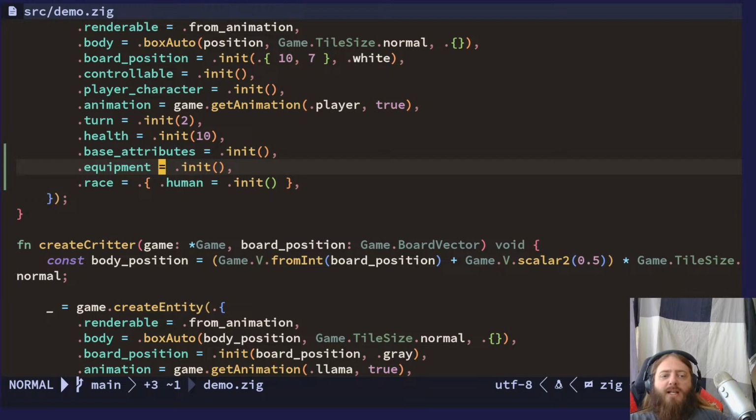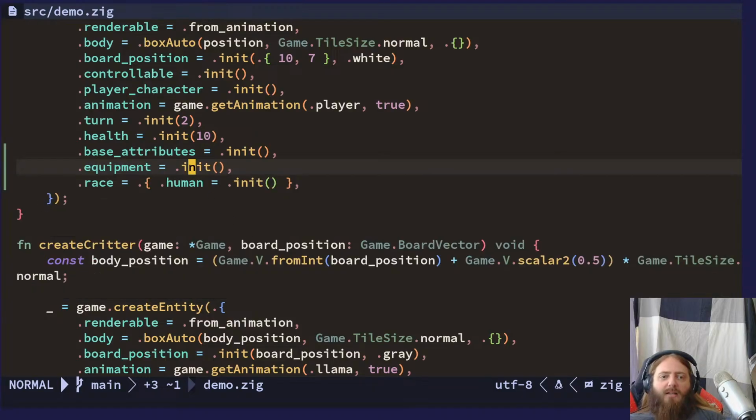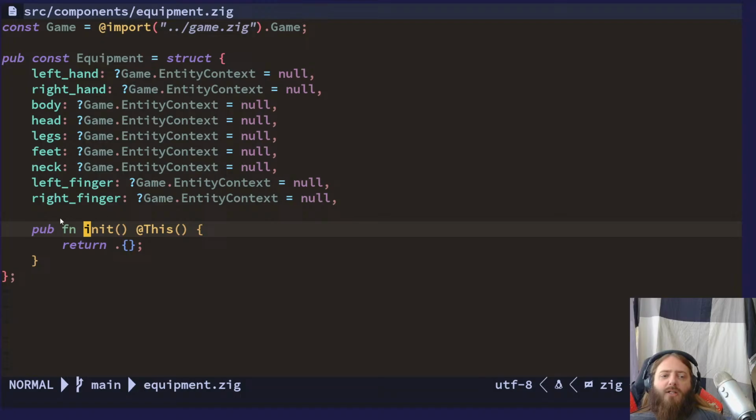So we're setting the equipment field right here, and the type here is an optional equipment, but it is an equipment. And so when we type .init, we're actually calling a function that is defined on the equipment type,